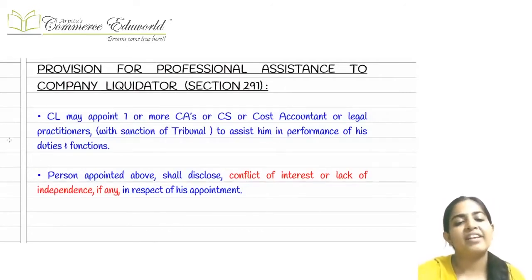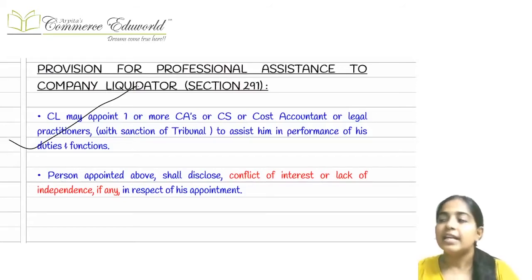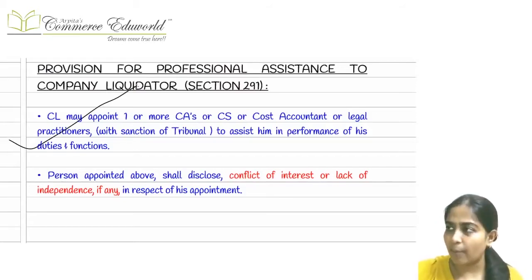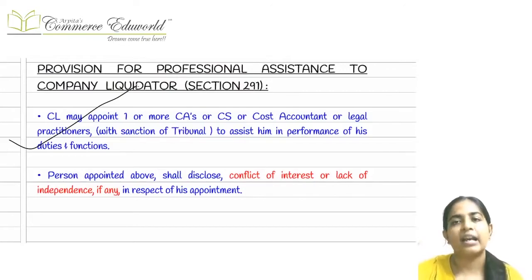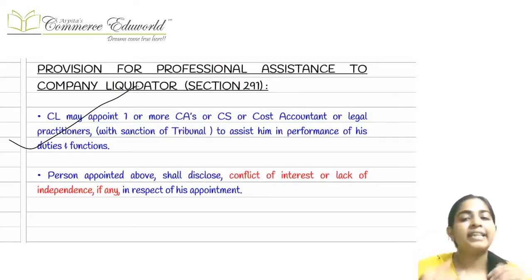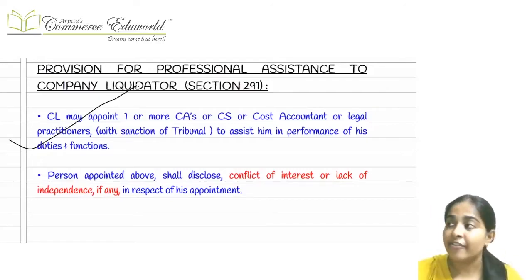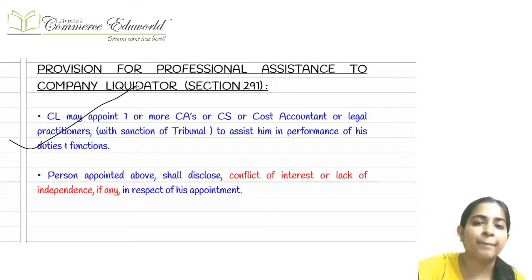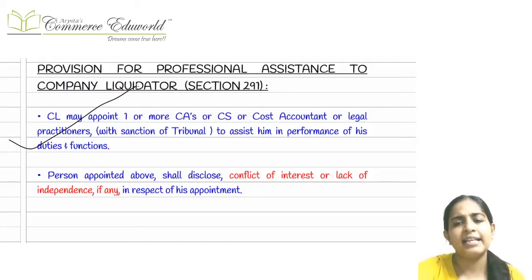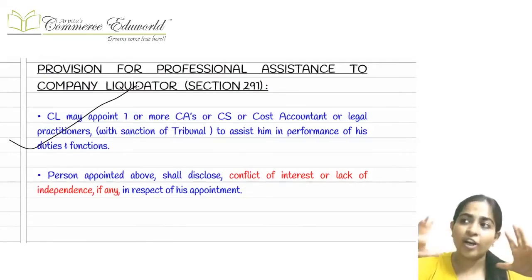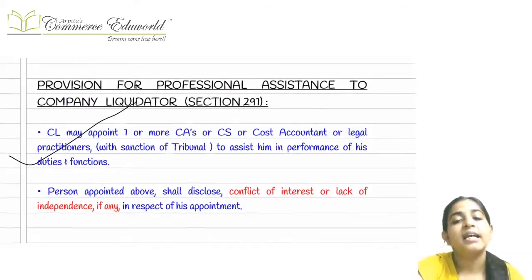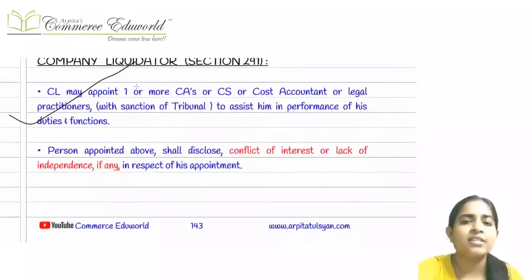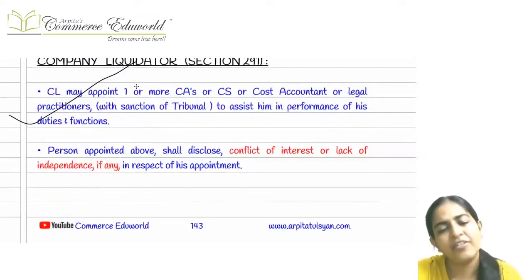Now here they have elaborated on professional advice that the company liquidator can appoint. It can appoint a chartered accountant, a CS, a legal practitioner, etc. to assist him. In the above, we were just taking their advice. Here, we are appointing that particular person in the company, who is going to act for a larger period. In the above point, what we studied was to obtain professional advice, that is, we submit a particular matter and take the advice.